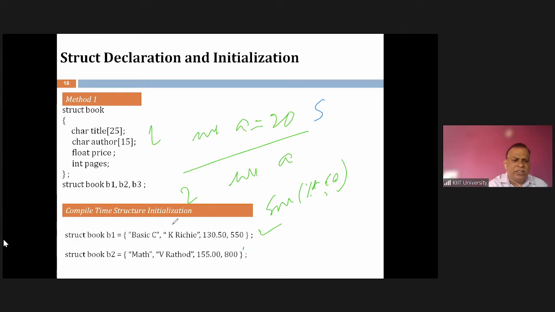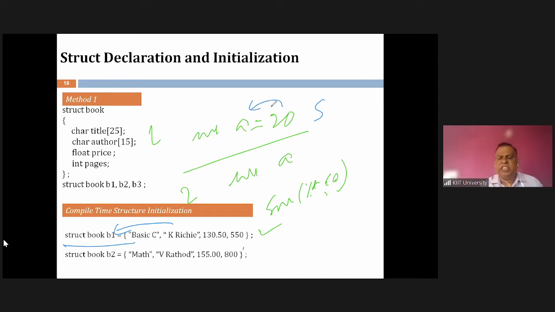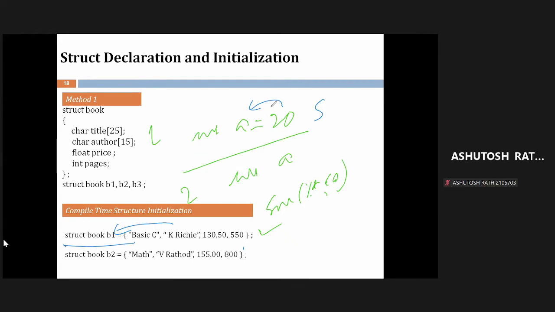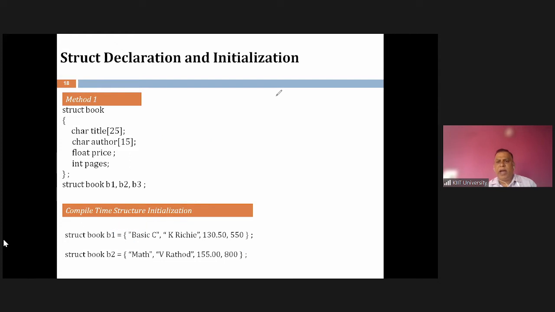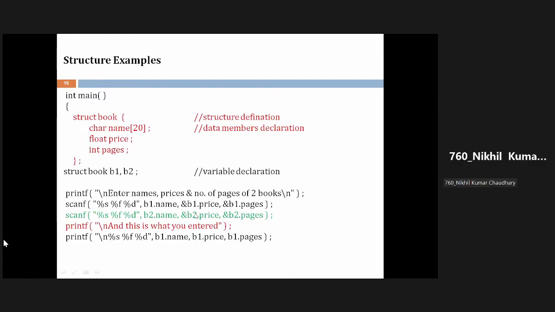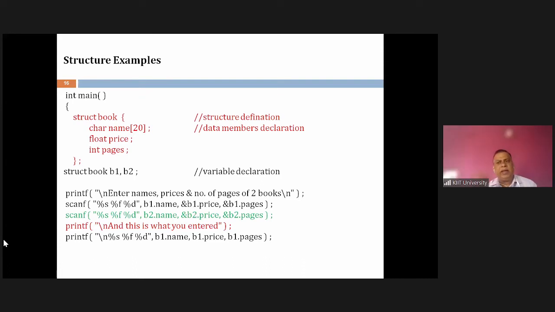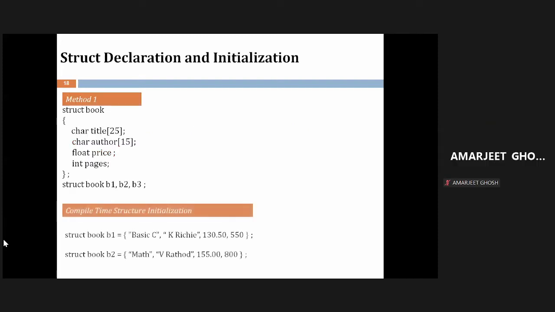You have assigned this value at the time of declaration or not? Yes, sir. If you are assigning a value at the time of declaration, is it a static allocation or dynamic allocation? Static. But previously, in the previous example, is it a static allocation or dynamic allocation? Dynamic. At the time of execution of my program, I can give different values over here. But this I can do at the time of writing the program. Understood it or not? Yes, sir.